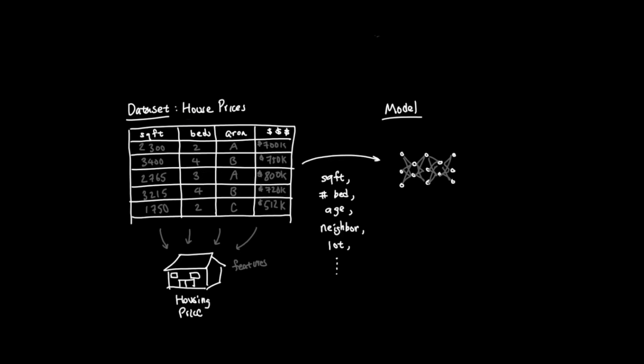So the equation becomes more like predicted price equals W sub 1 times X1 plus W sub 2 times X2 and so on, plus B. Each feature gets its own weight. One weight might control the effect of the square footage, another might control the effect of the house, another might control the effect of location.